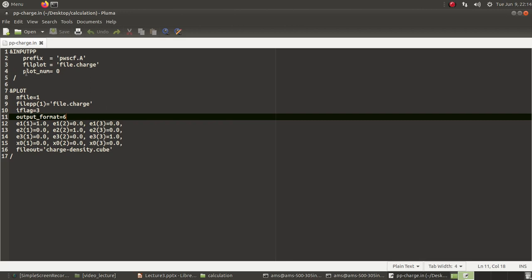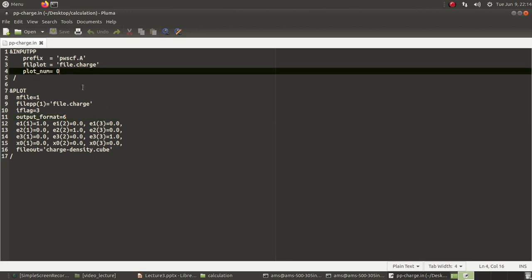So plot number will decide what type of plot you will generate with the pp.x tool, and there are several possibilities, and for charge specifically you need to set this plot num to 0. So this flag needs to be set to 0 for computing charge. Output format 6 will generate a Gaussian cube file. So with that in mind,